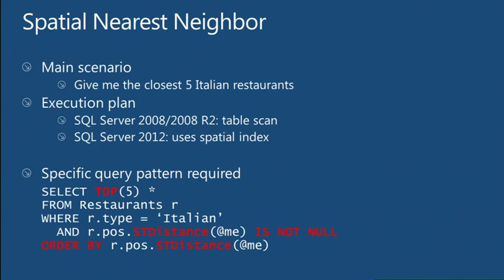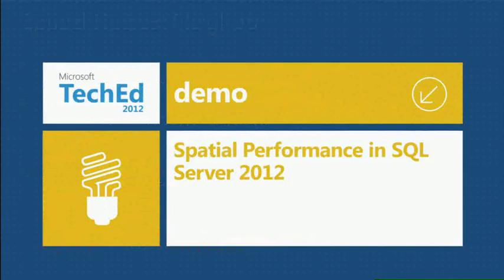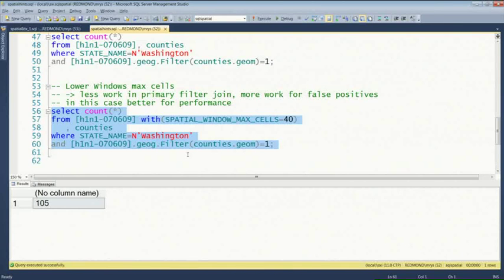And the null values could happen here because you have different SRIDs that will lead to null, or you might have just null values in the column, which then lead to null on the operation. So you have to have this inside your where clause. So if your query looks like order by distance, not null, and give me the first n, then we actually can identify this as a nearest neighbor query, and we will